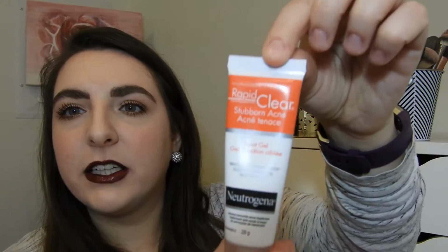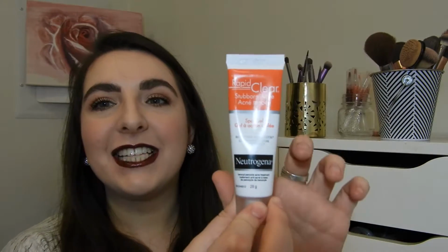Getting into skincare a little bit, I have absolutely been loving this Benzoyl Peroxide Acne treatment from Neutrogena. It's part of their Rapid Clear line. There it is. And it's funny because I actually talked about this in another video, which I will link down below, about my oily skin turning very dry and how I thought this might be one of the causes of it. And even if it is drying out my skin,